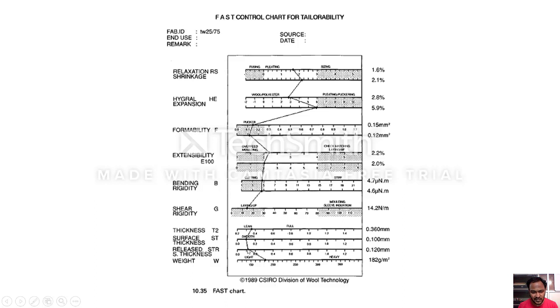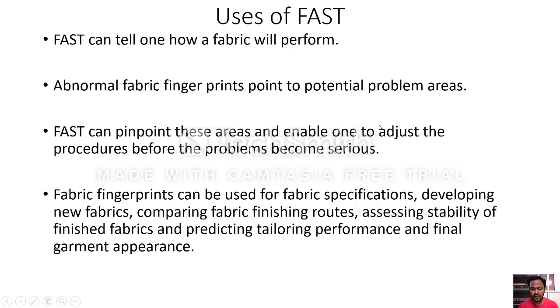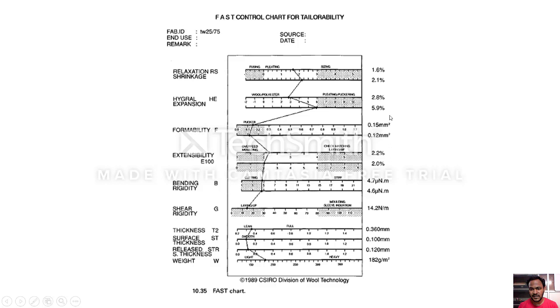Surface thickness and release surface thickness values, you can see they are somewhat equal. This is the surface thickness value and this is the release surface thickness value. It is somewhat close. You can observe the right side corner. Whatever points are shown here connected by dots, those values are shown on the right side. So here you can see the surface thickness and release surface thickness are very close. Surface thickness is 0.1 millimeter and release surface thickness is 0.12 millimeter, which is very close.